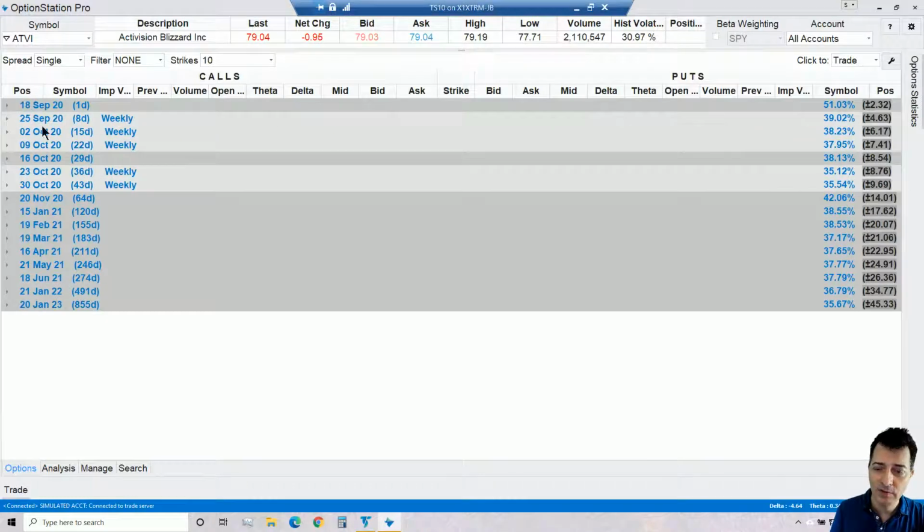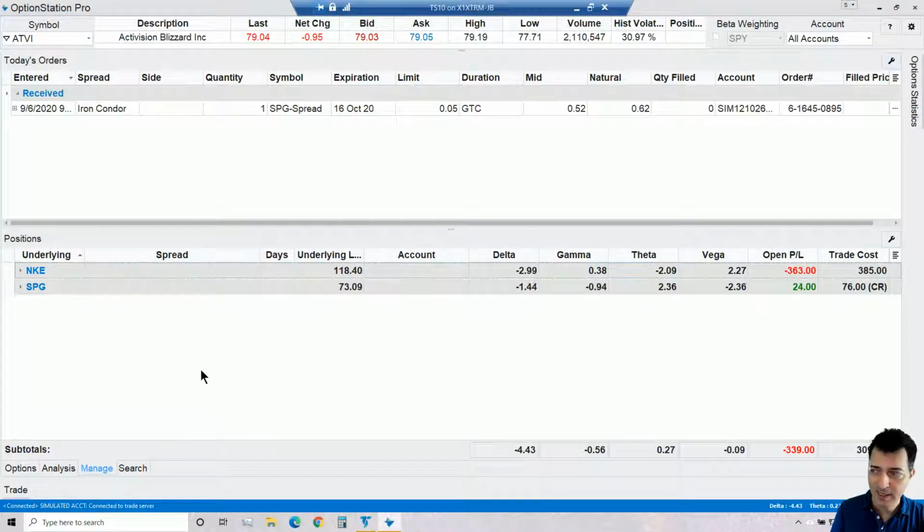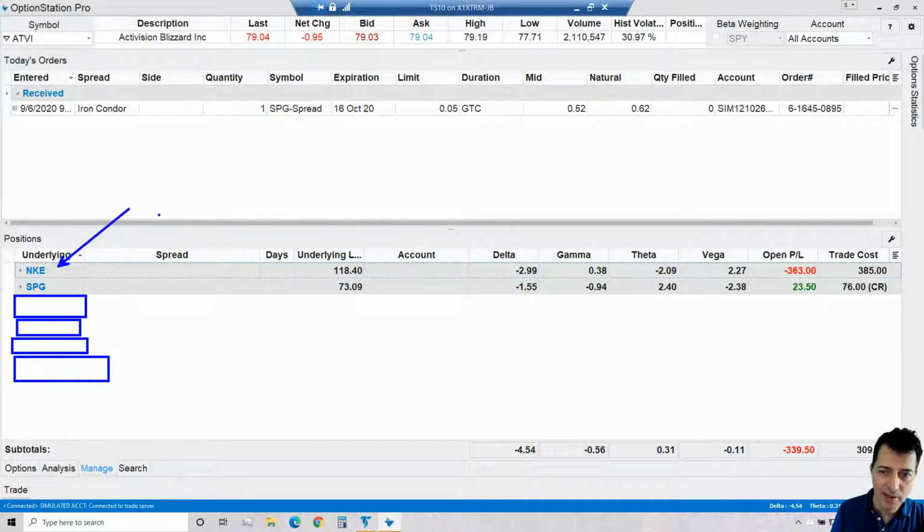So again, all of those things are happening. But keep that in mind. So you would be running multiple positions here in your portfolio one at a time, and therefore this trade with Nike, which is moving against us and is showing $363 of loss. The good news is that it cannot lose more than 385. That's the good news. It's lost almost the whole thing because Nike went so far away.